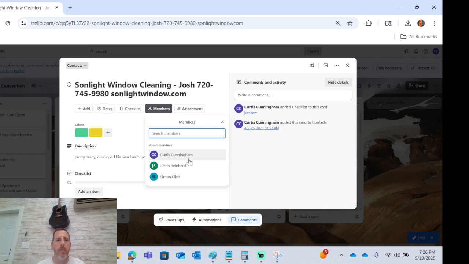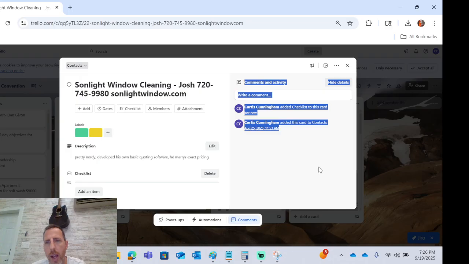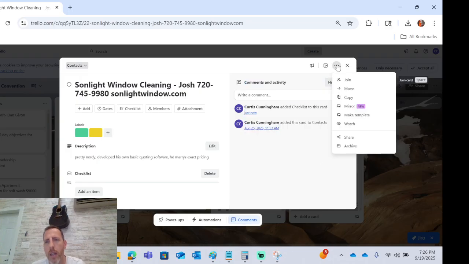And to invite members, basically, makes them a member of your card. And I want the ability to do attachments, everything that I have here. I like this log that allows you to see what's happening. And instead of mirror, I'm going to use the word,